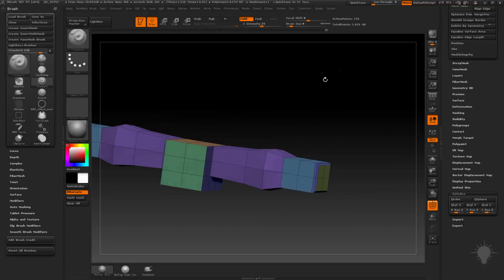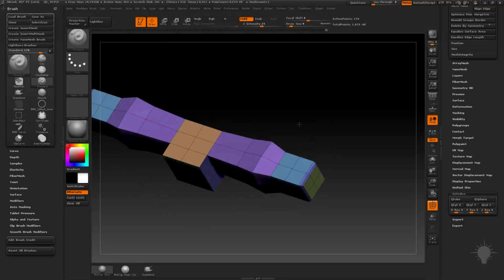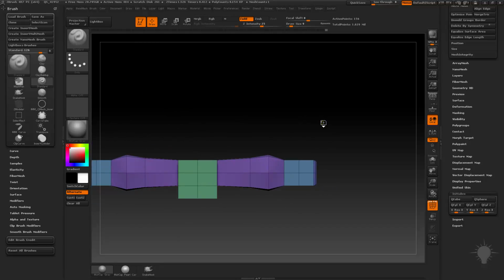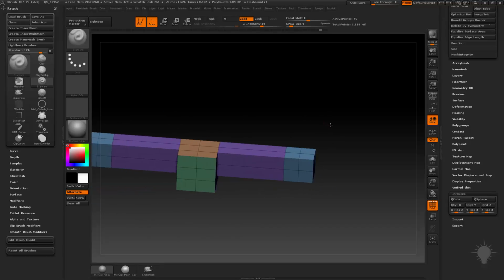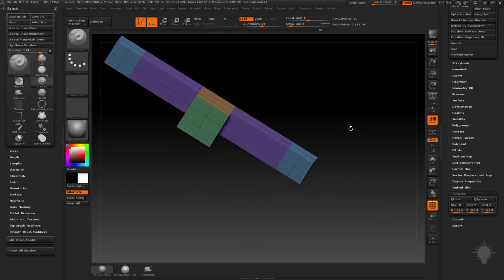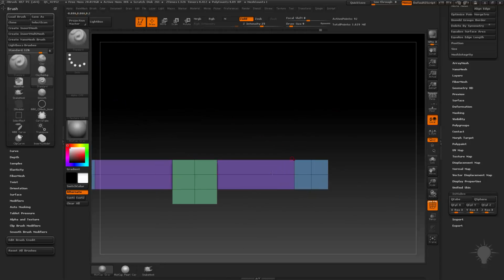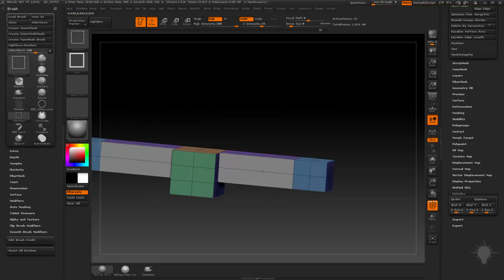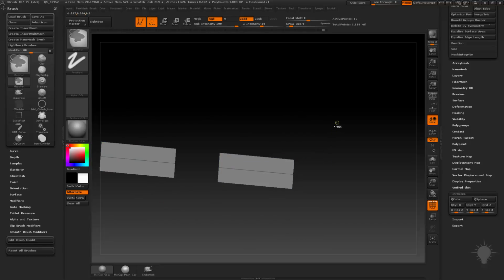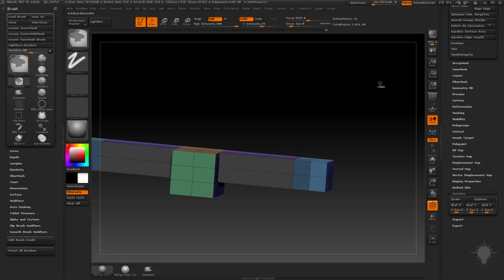And if you want to control where your edge loops are actually getting inserted, you can use masking as well. So let's go ahead and undo some of these. If I want to insert an edge loop only on these two faces here, all I've got to do is Alt-tap those, then Control Shift to isolate them, Control-tap to mask them, bring everything back, invert